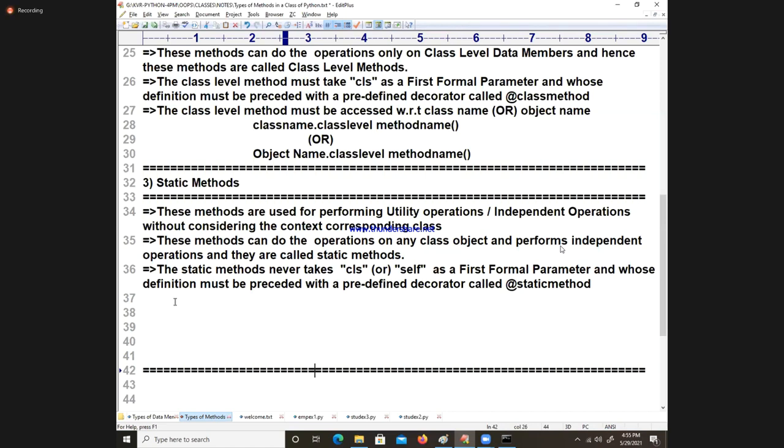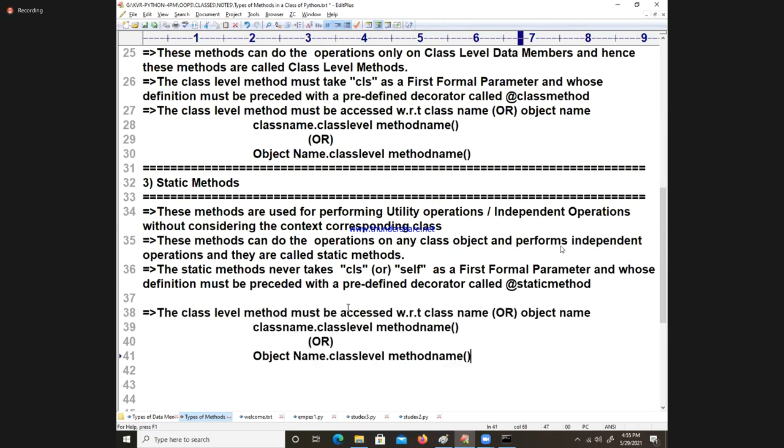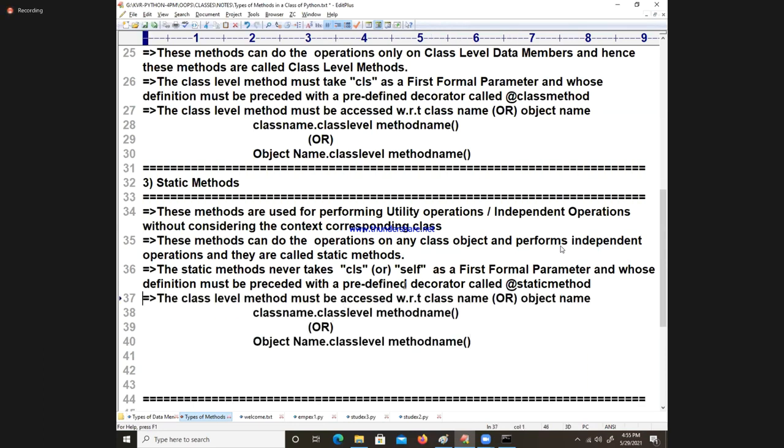Now, coming to the point of it, static methods never take CLS or self as a first formal parameter, and whose definition must be preceded with a predefined decorator called that. How can we access it? We can access that method. The static methods can be accessed, strictly speaking, as a class level method.